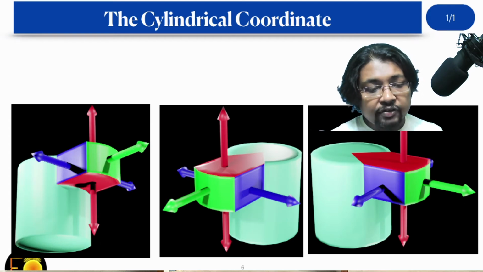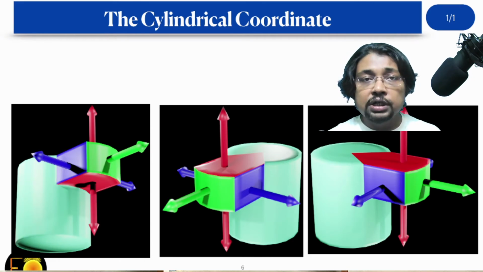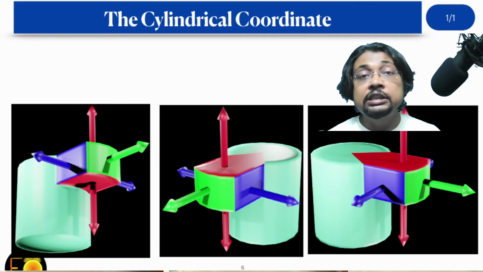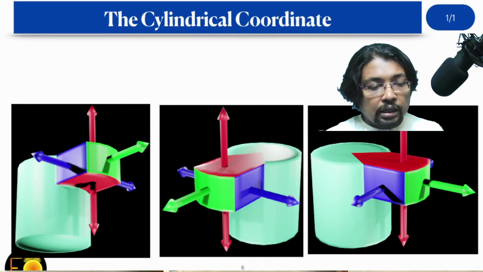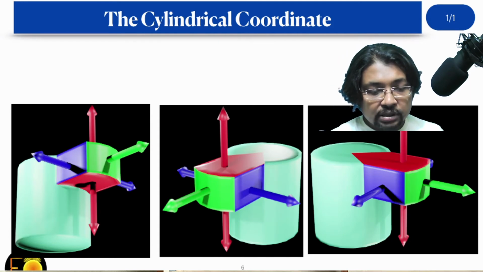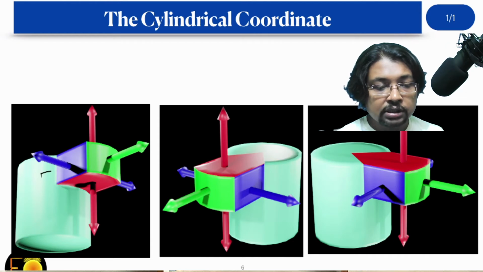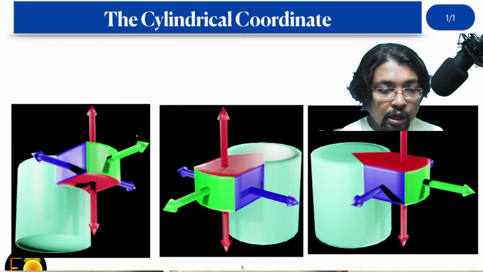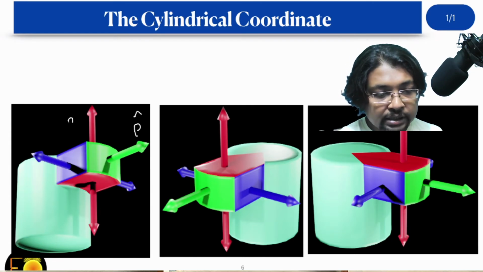Look at here, the surfaces as I have shown you in the case of Cartesian coordinate system. Here also the surfaces are identified by using their surface normals. The first one, the green surface, has surface normal along the radial direction, because starting from here, if you move along this direction, this defines the radial direction. So it has a surface normal along the rho cap. On the other hand, the red ones, it has the surface normal z cap, and it has surface normal minus